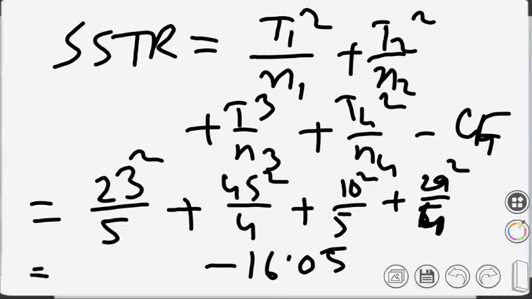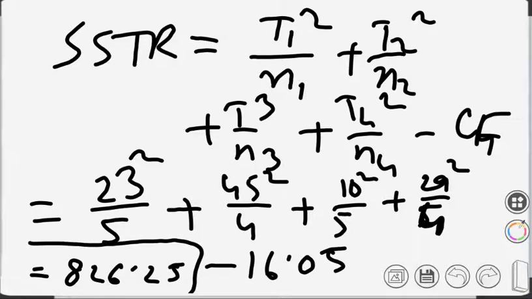Did you get it? Scientific calculator will take 1 minute. I have got a scientific calculator, so whatever is there, I am doing that way. Do all of you have a scientific calculator, or are you trying to use your mobile? Please don't do that. Please have your calculator. If you don't have one, please buy one. How much did you get? 826.25, SSTR. Yes, sir.